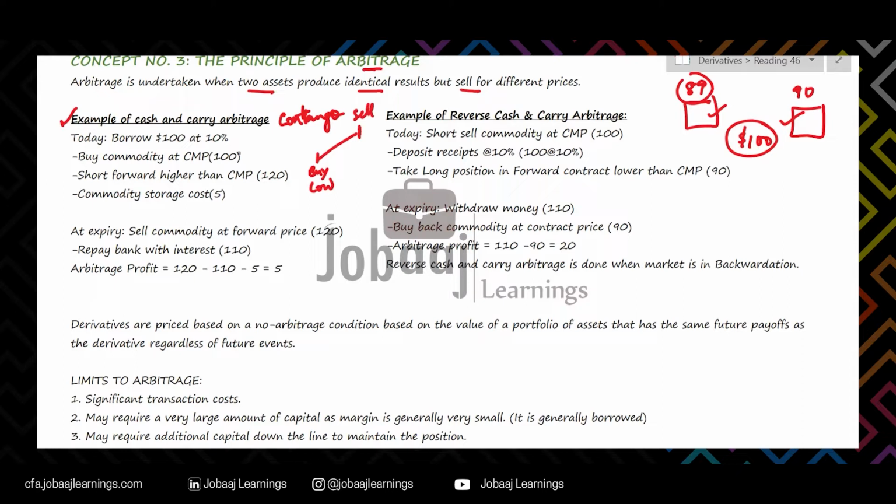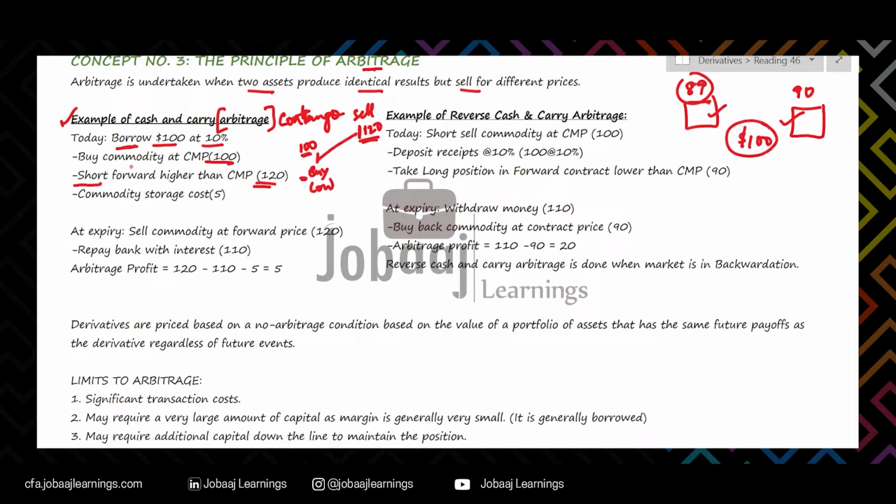So the first step will be to borrow the money that is required. Okay, so whatever investment is needed, you are going to borrow it. You are not going to invest any equity in this case. So if the product is currently sold in the spot market at 100, then you are going to borrow 100 from the bank. The interest rate is 10%. And today itself, if you see that in the forward market, it is being sold for 120. Take a short position in the forward market, which will allow you to sell the product in the future at